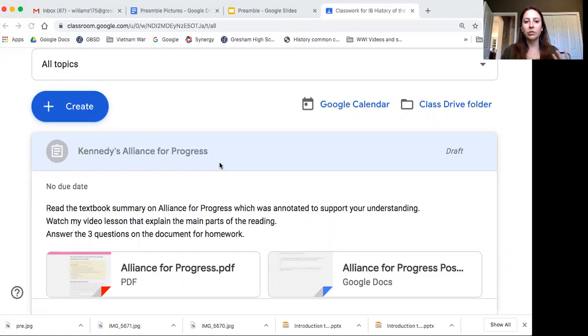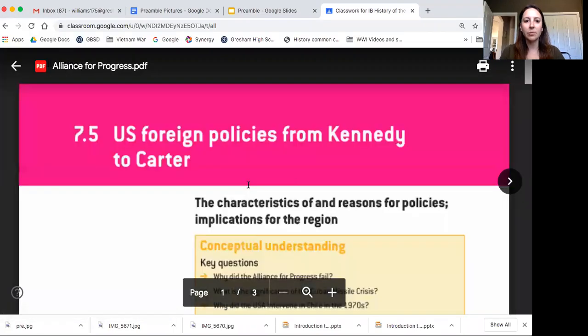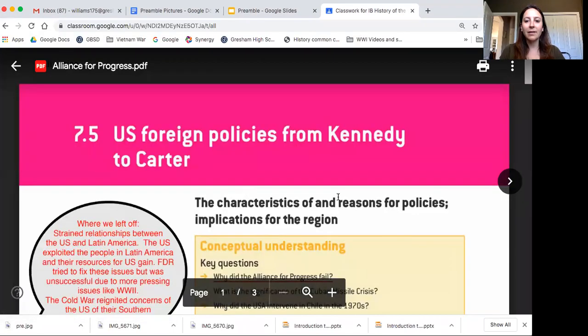But unfortunately, due to the Great Depression and World War II, a lot of things got put on the back burner because those things were much more important. So anyway, Kennedy comes into office and knows that this is a big problem and wants to try to fix these relationships. So what you're going to see for the assignment today is this textbook reading,